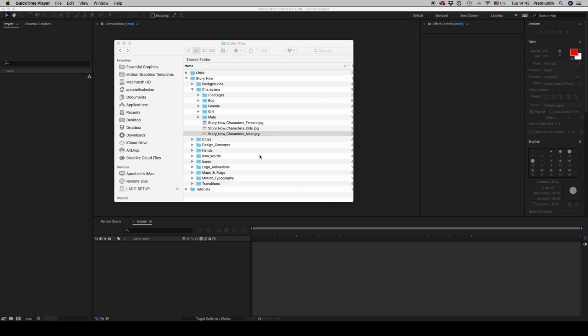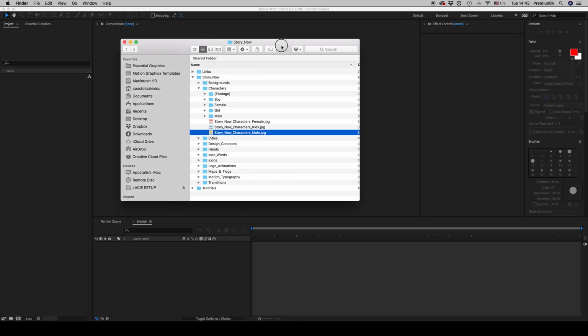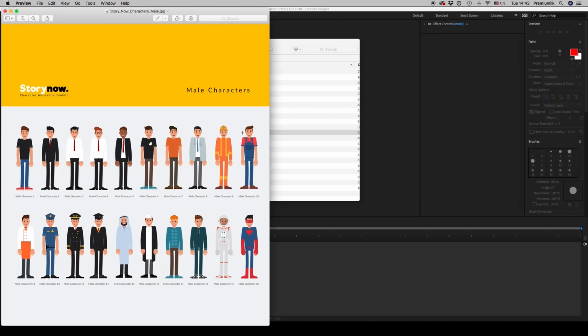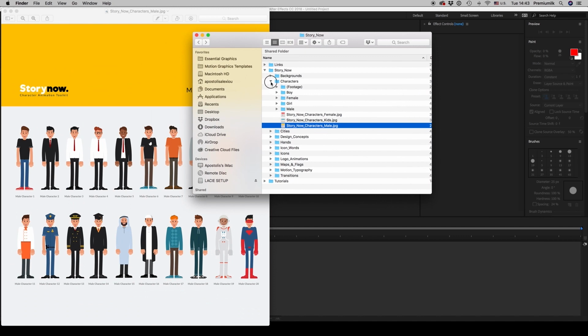Here is the tutorial for the Story Now Explainer Toolkit. Here we will see how we customize the characters and how we combine the poses together. So here you can see on the characters,